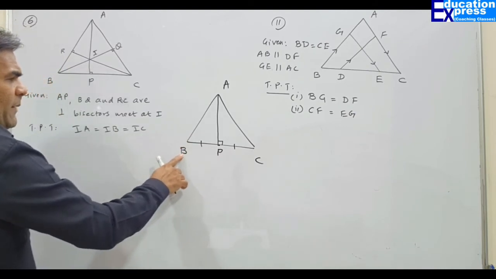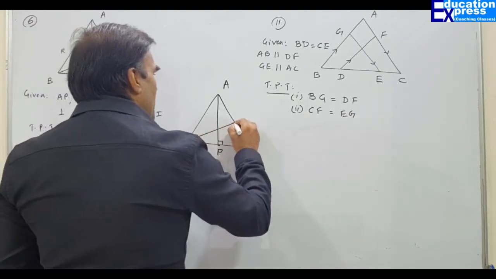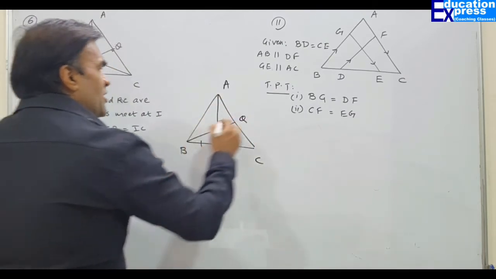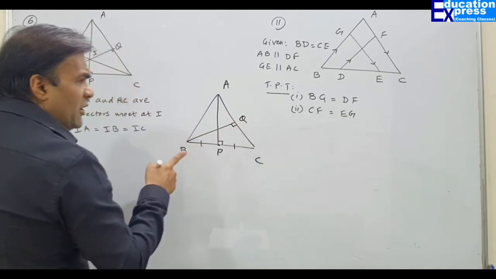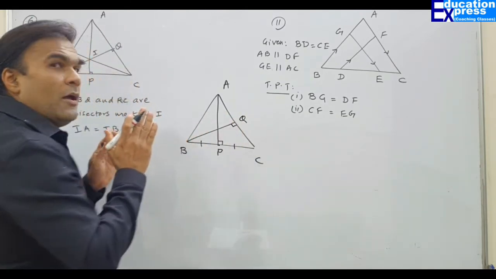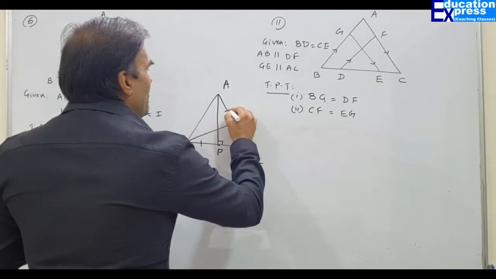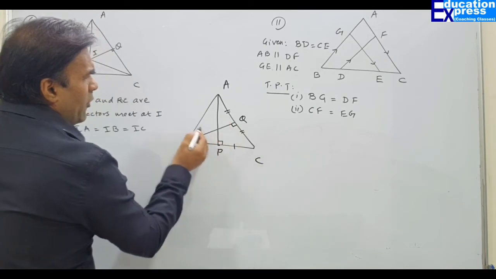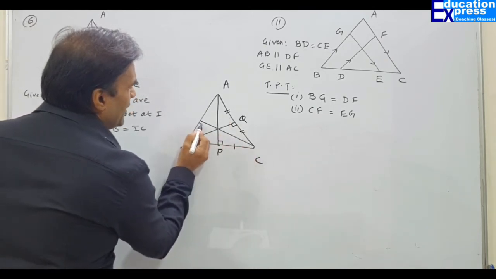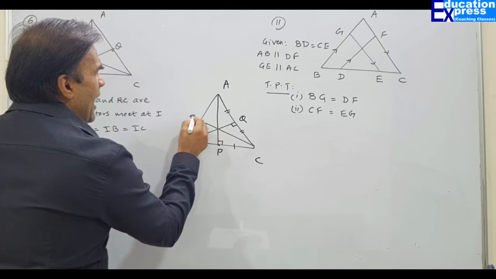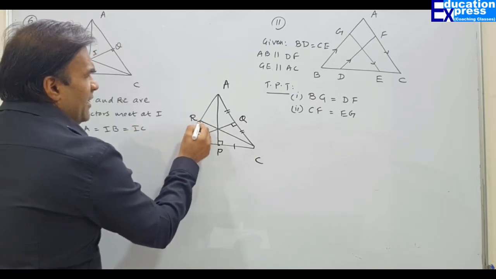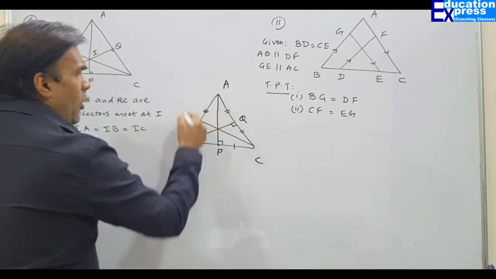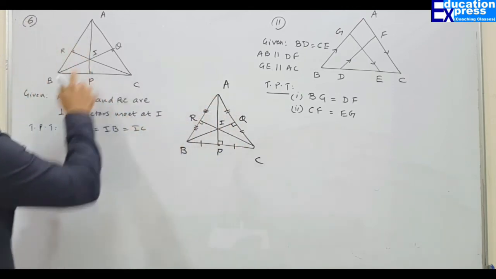Now if you are drawing the perpendicular bisector from B, so this is the perpendicular bisector from B to AC. Let us say this is Q. This is not just 90 because it is a perpendicular, but it is a perpendicular bisector. That means it will divide into two equal parts. Similarly, the perpendicular bisector from C. We call it R. So this is not just 90, but again it will divide AB into two equal parts. They all meet at I, as shown in the diagram.